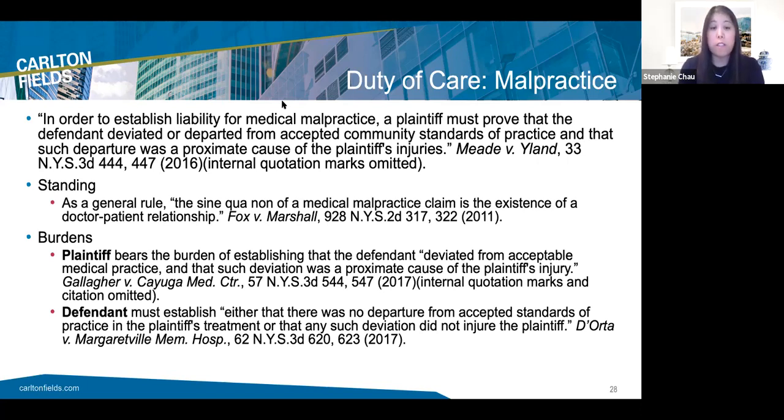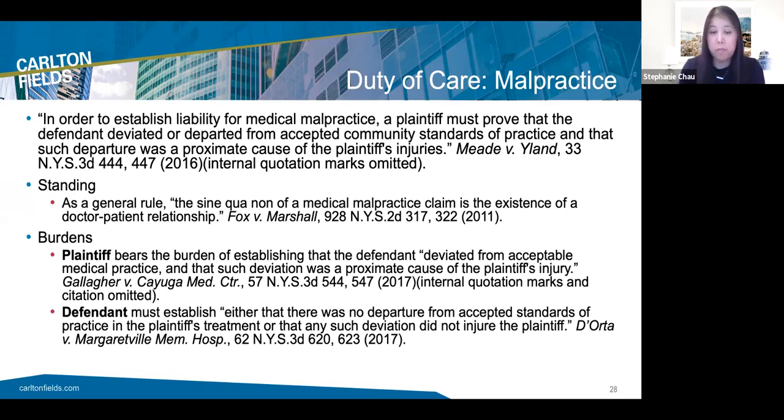Now, I'll mention that one of the limitations of a malpractice claim is standing. As a general rule, only the patient has standing to sue. So only in special circumstances would a non-patient be able to sue a practitioner for malpractice due to any injuries